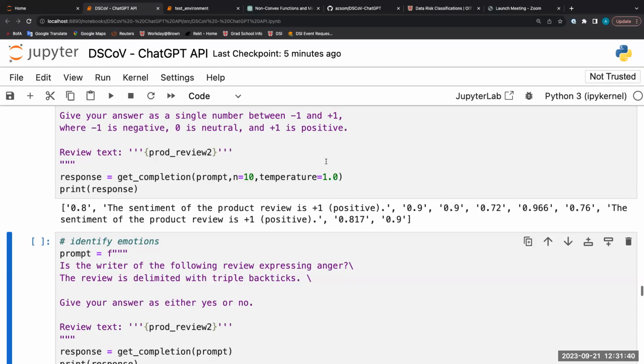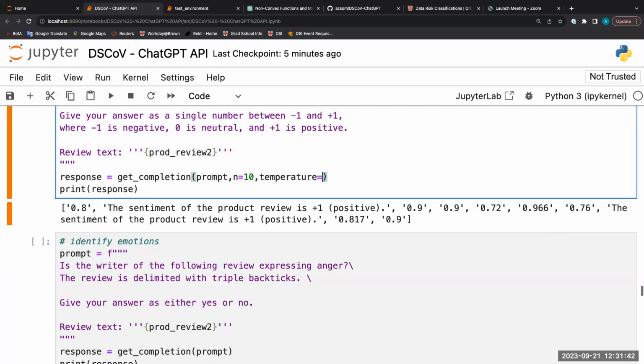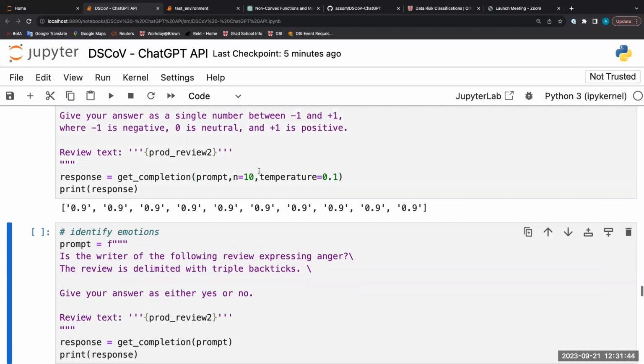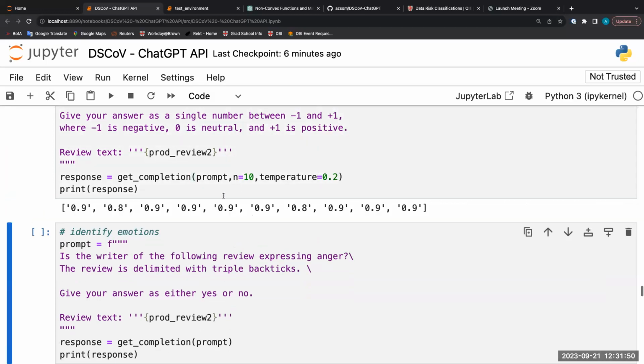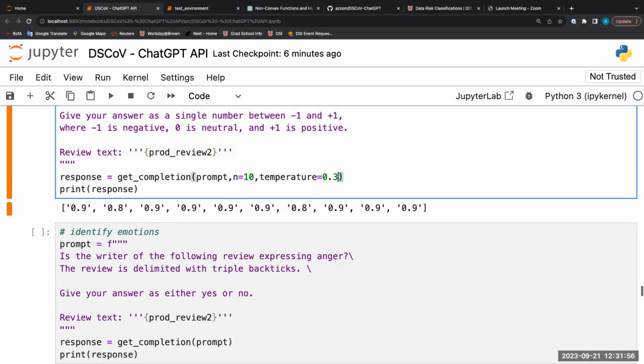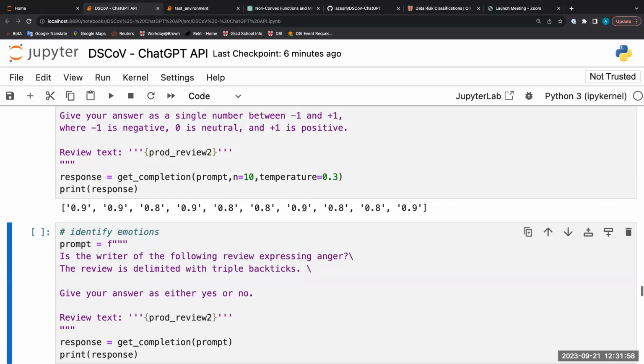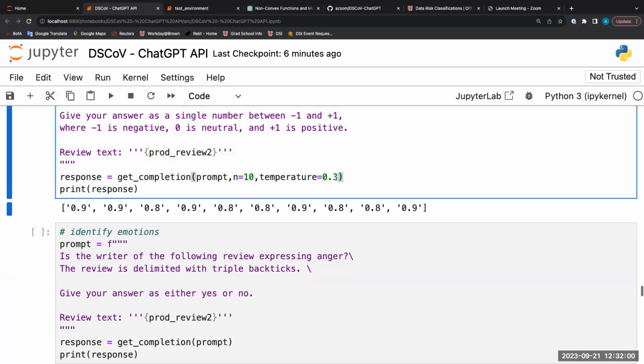If I set the temperature to maybe 0.1 or something, all the numbers are still the same. At 0.2, you see some variability already. There is a 2.8 here. And if you keep increasing the temperature, the results will deviate more and more from 0.9, right? So this is not exactly a way I would calculate some model uncertainties. So be careful what you do.